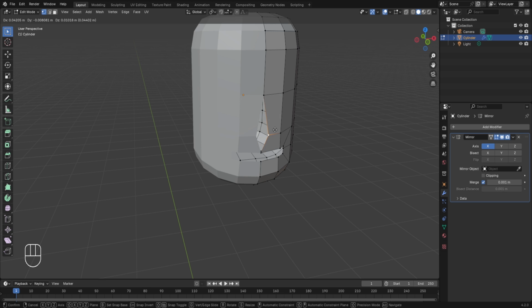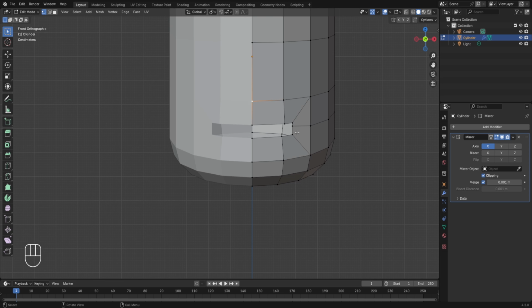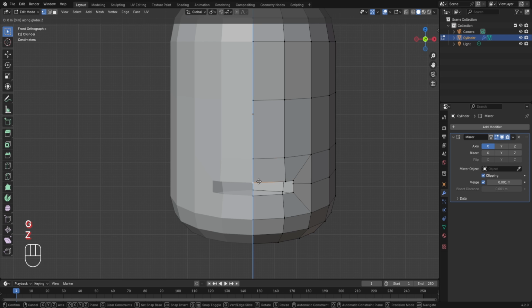And to connect them together, simply go to the mirror modifier and turn on the clipping. And with this, if I again try to move this vertex by pressing G, then the geometry is no longer getting ripped apart. Now let's go to the front view, and now let's place these vertices around the mouth properly for the character. So for this, I'll select this top vertex, let's slightly move it down in the Z axis,